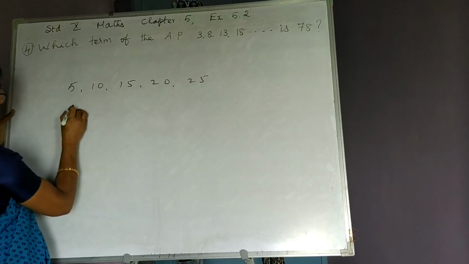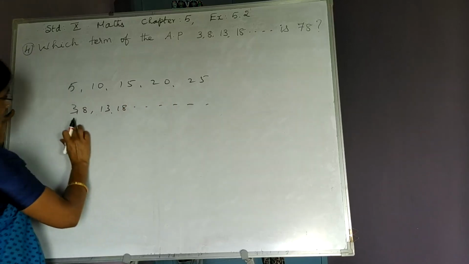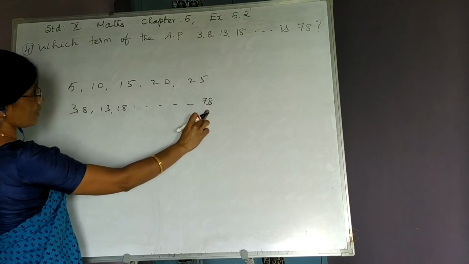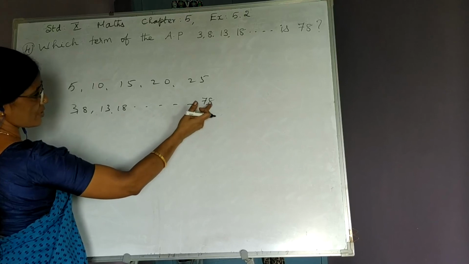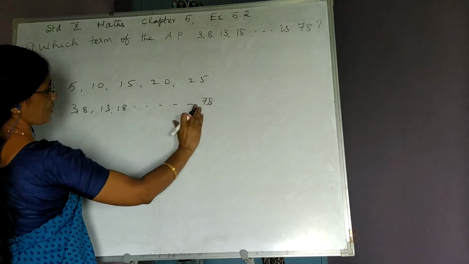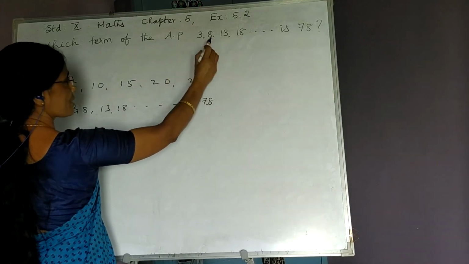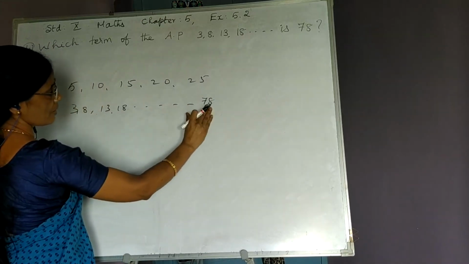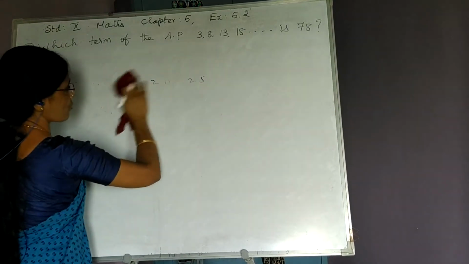Like that, here the sequence, that is the arithmetic progression, is given. So here we are going to find out 78 as one of the terms. The question is, what is the serial order of 78? Whether it is the 26th term or 30th term or 35th term. So its serial order we are asked to find out. We are getting 78 at one place in the given AP. We are asked to find out in which place it is.